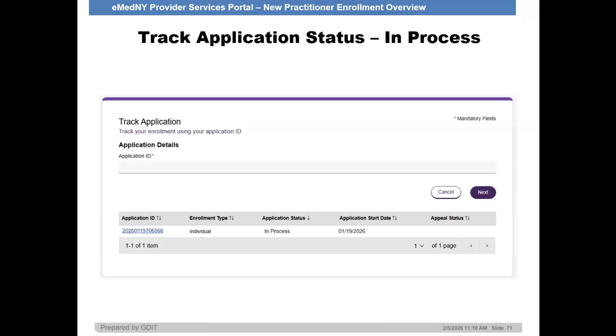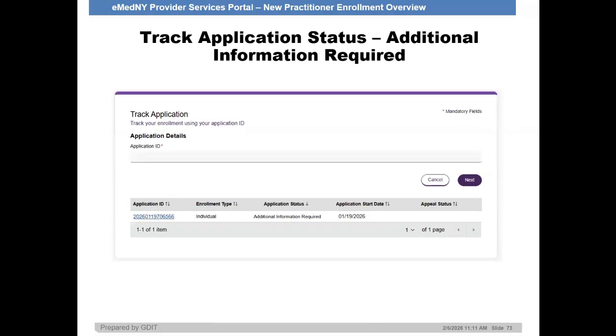Now here's an example of an application that's in process, so it hasn't been submitted yet. Here's an application that's been submitted, but it's still working its way through the process. It's just been submitted, hasn't changed the status yet of a review. Here's an application where additional information is required. So now the state has reviewed the application and they sent it back to you saying they need more information on something. If you see this status,